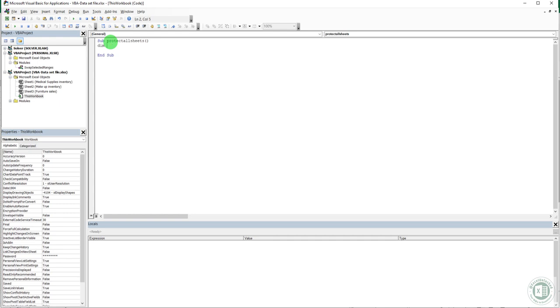First, I'm gonna declare a sheet name as sh, and then I'm gonna declare what my password is gonna be.